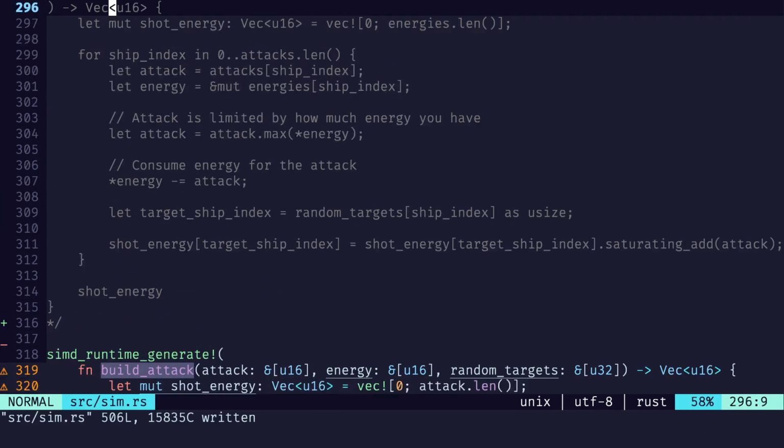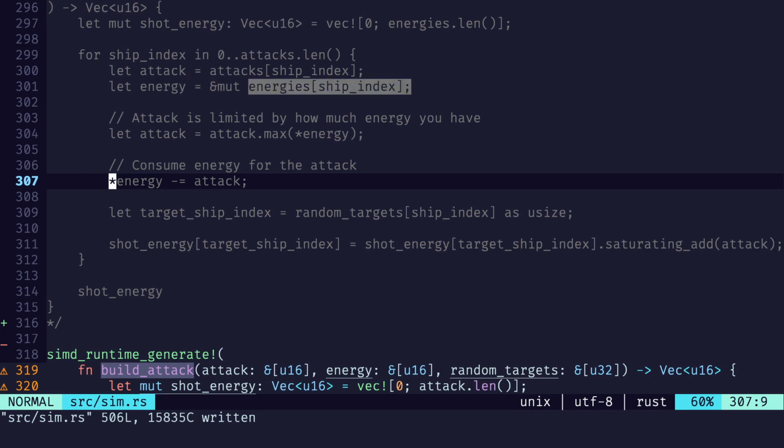All right, now what are we doing up here? We have the attack, we have the energy. So we need the attack and the energy, and we choose the max of those. And then reduce the energies. Okay, so we're reducing the energies by...